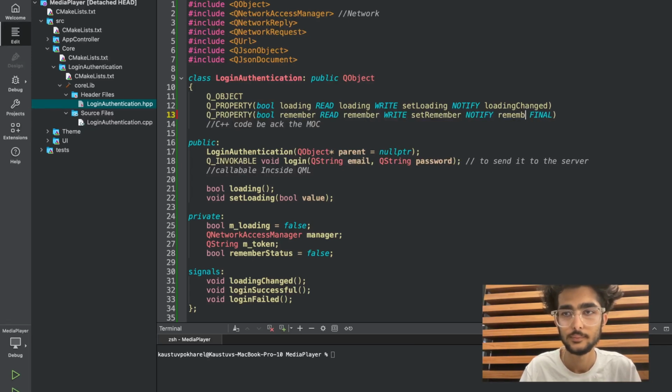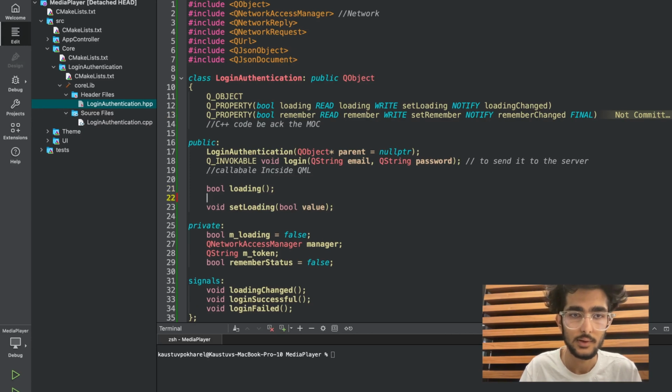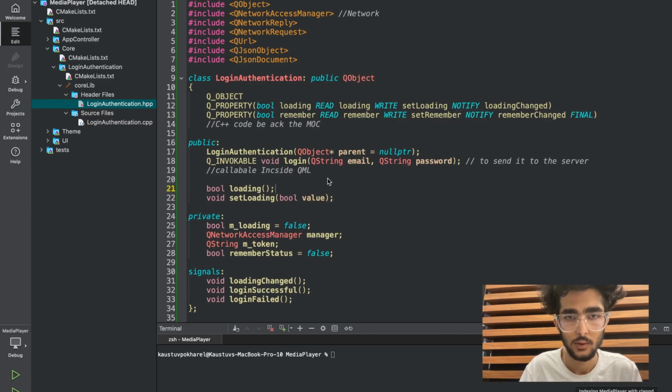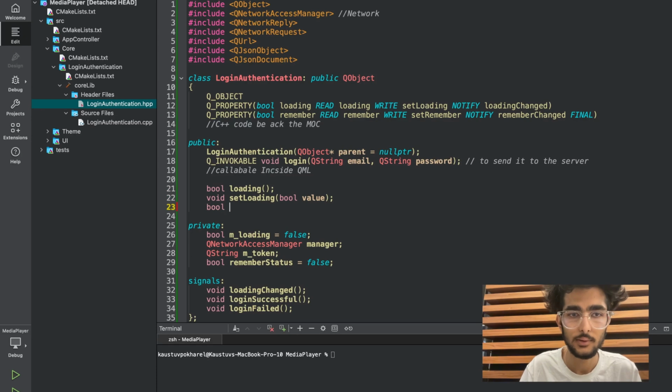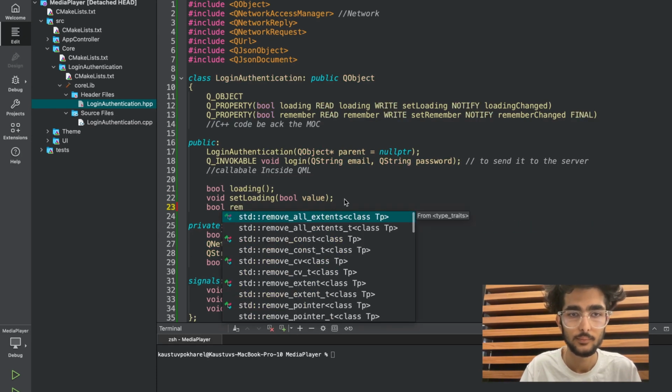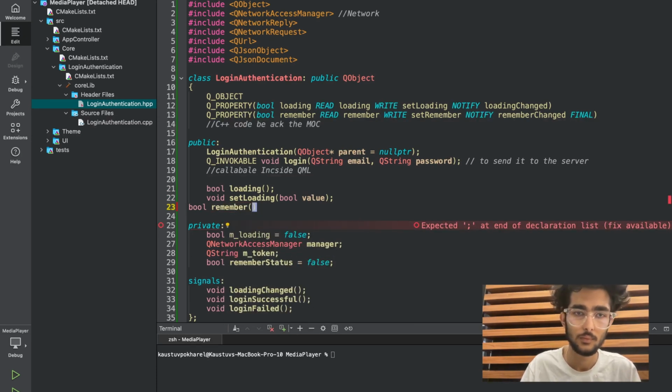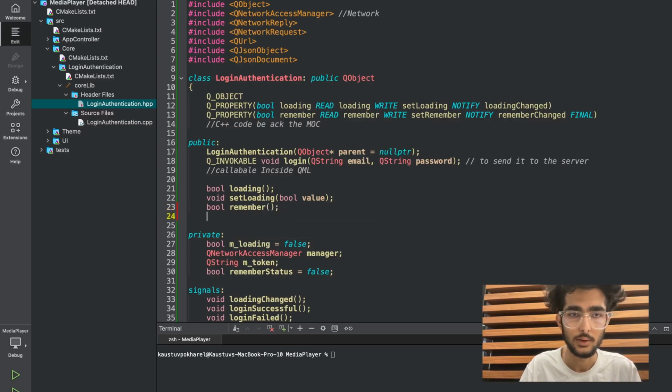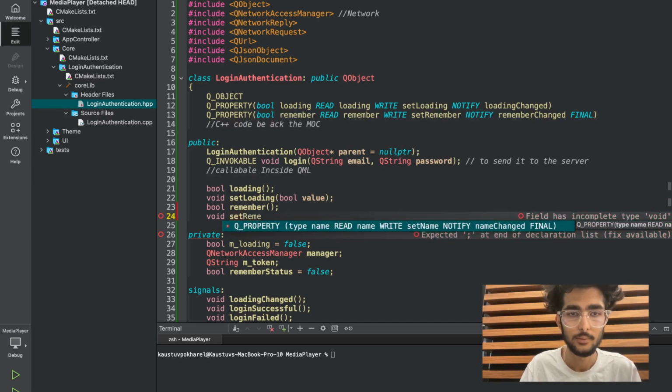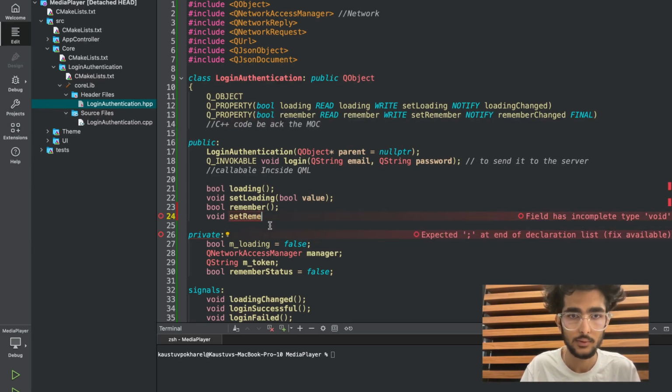Remember changed. And we will quickly initialize this here. Sorry. After this, I would say boolean remember. And what else are we going to have? We're going to have a setter. The setter will only set the value, so we don't need to return anything. So the return type will be void. So set remember, right? So set remember,